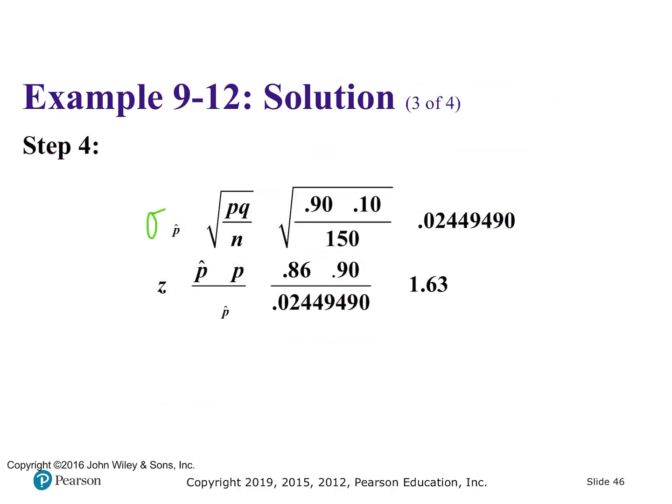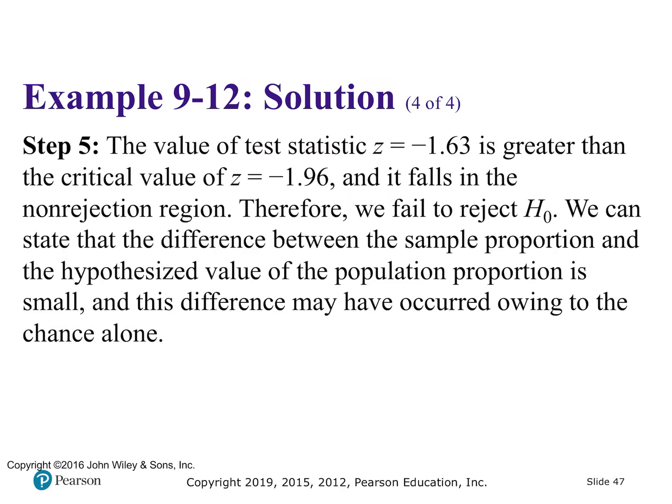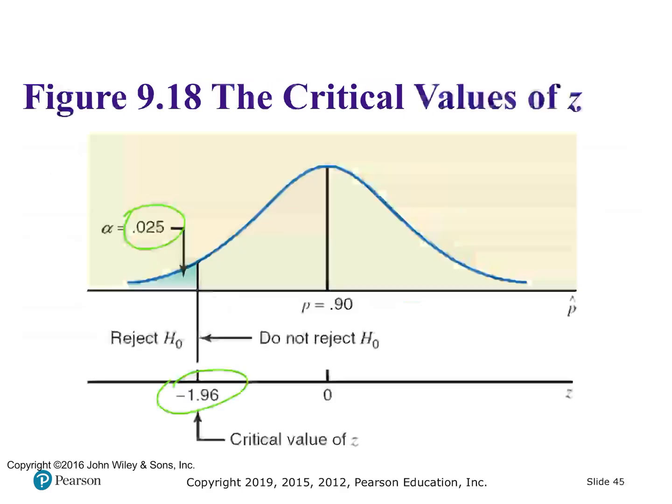Okay, here's some calculations. Sigma sub p hat, which does work out to be only 0.02449 or so. Then Z, the test statistic, is calculated this way, and I always like to look at the numerator. There's a negative 0.04 up there, and that tells me what sign the Z will be, because your denominator is never negative, as you know. So we do get a negative 1.63,